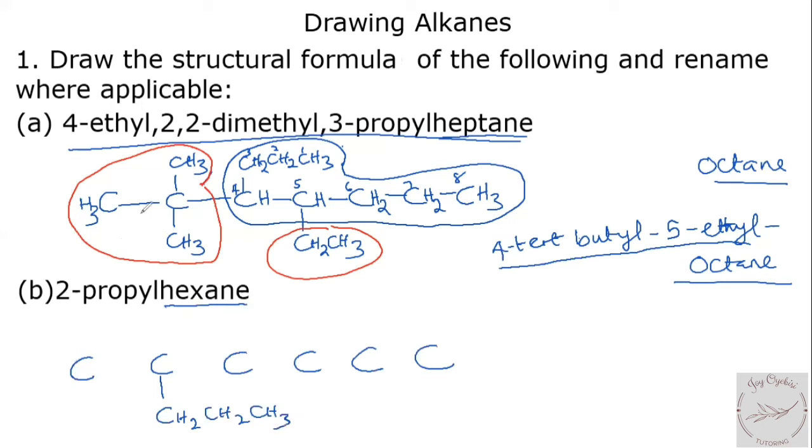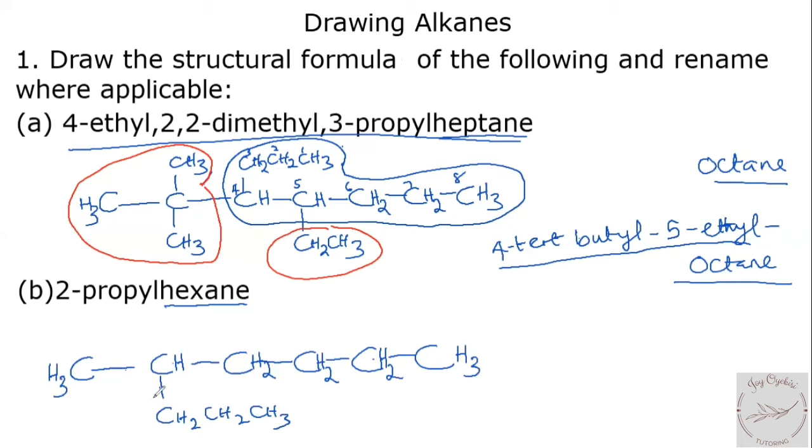Now let's do the same thing we did over here. This we have 3 carbons, plus this we have 4, plus this 1, 2, and another bond here. So we have H here. Now you have another bond here. You need 2 hydrogens, so you put the 2 hydrogens. This has 1 bond and 1 bond at this end. You need 2 hydrogens, you put the 2 hydrogens. This has 1 bond, 1 bond this way, also 2 hydrogens. This needs 3 because it has just 1 bond.